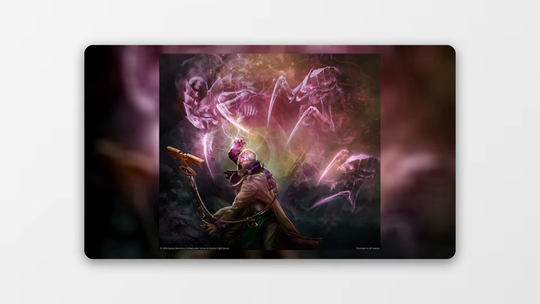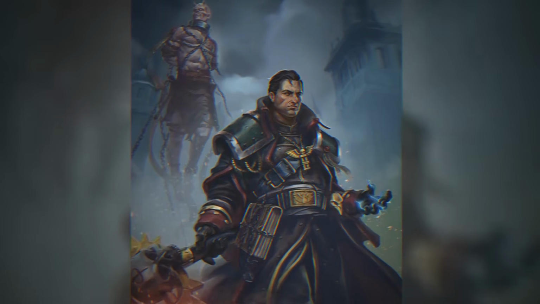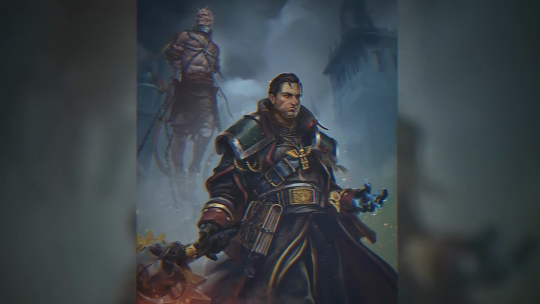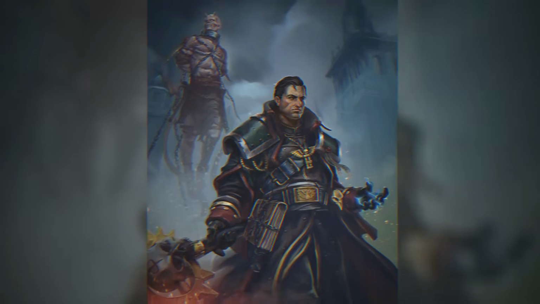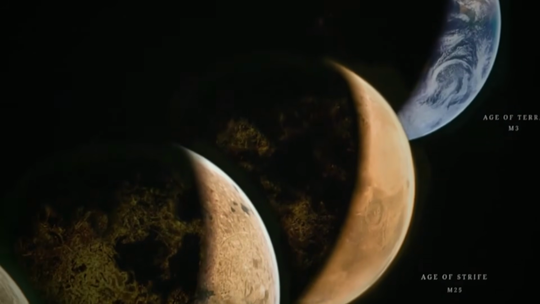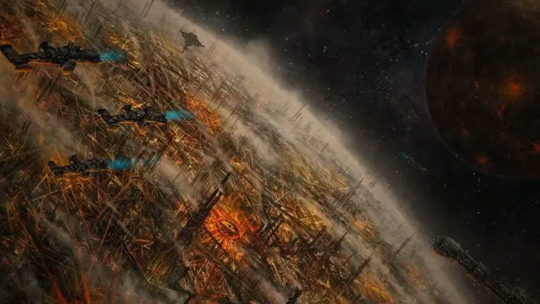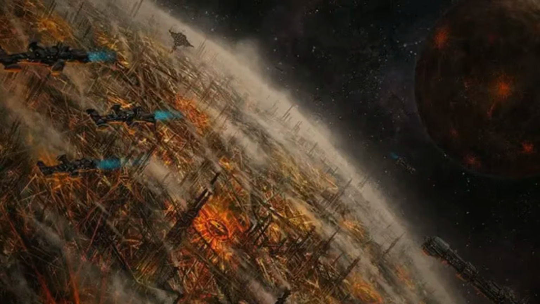Their uncontrolled abilities often led to demonic incursions, as entities from the warp, drawn by the raw psychic energy, breached the veil and unleashed horrors upon the material realm. The Inquisition, an organization dedicated to hunting down and eradicating such threats, was yet to be founded, leaving humanity defenseless against this internal menace. Thus, humanity entered a period of profound darkness and isolation, a protracted nightmare that would last for 5 millennia. This epoch, stretching from the 25th to the 30th millennium, became known as the Age of Strife.